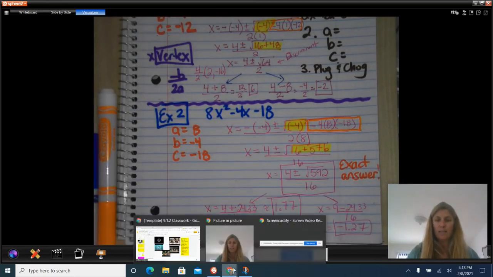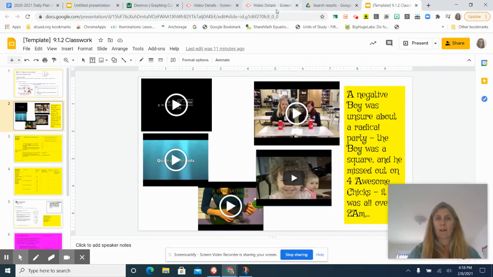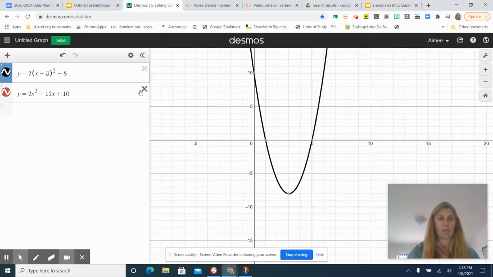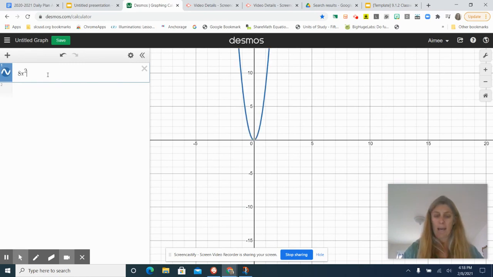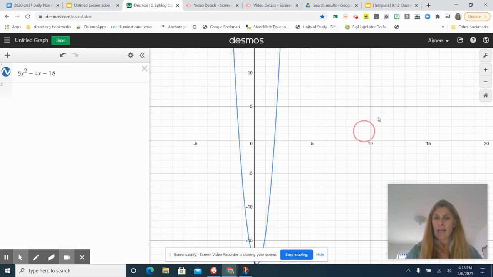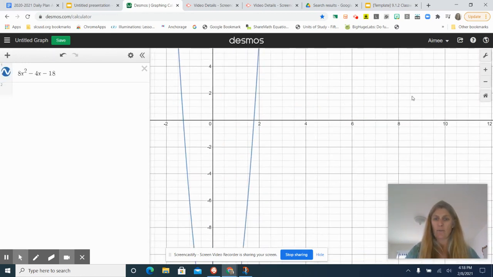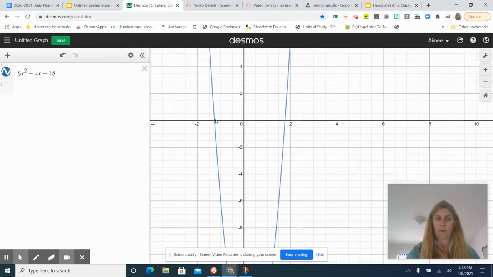So if I'm looking at Desmos, I am going to type in my original problem, which is 8x squared minus 4x minus 18. And we're going to take a look at those roots and see if we were correct. So our first root is negative 1.27, and our second root is